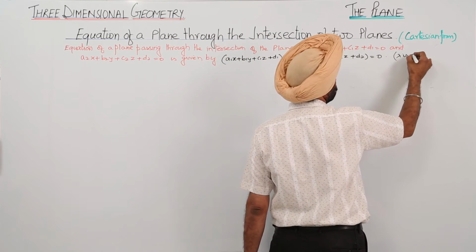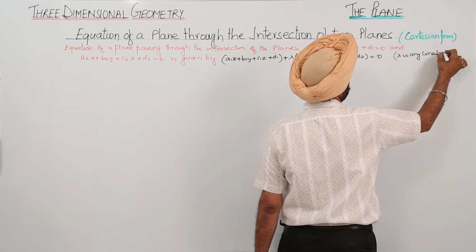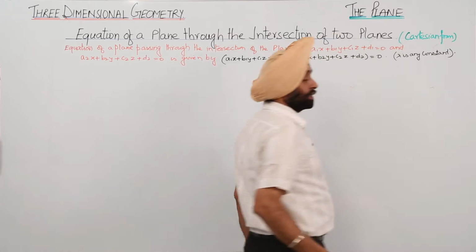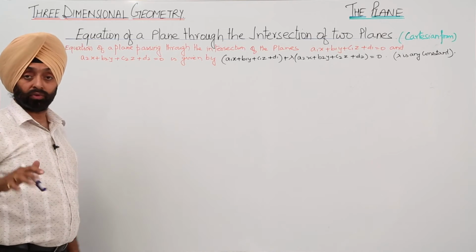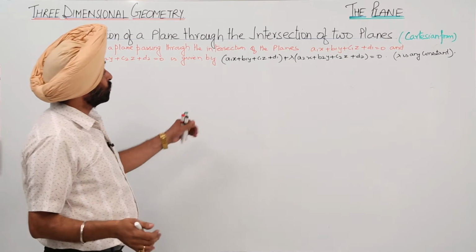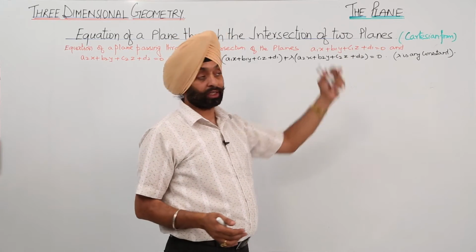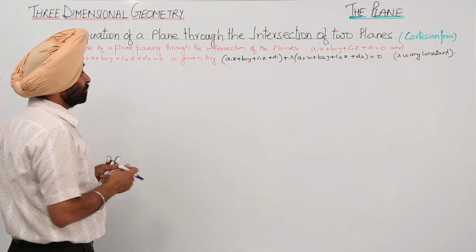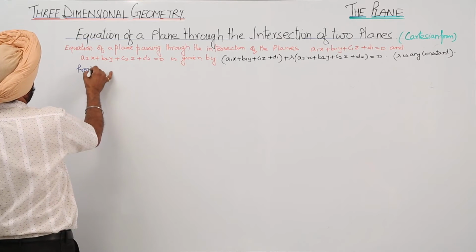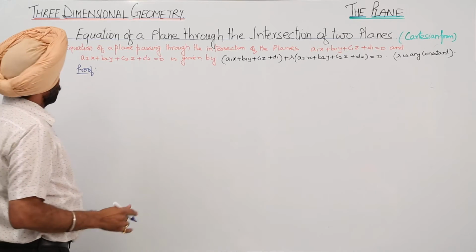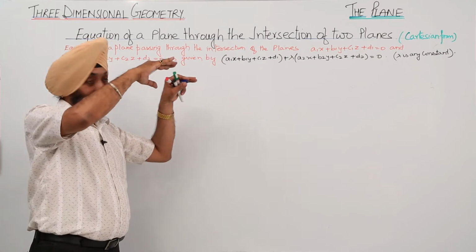Lambda is any constant, or we can write it any scalar number. Now, once again for the Cartesian form, we have to represent the equation of the first plane plus lambda times the equation of the second plane. Okay, so now let's prove it. Now we are already having an equation, this one, so let's move from that equation.